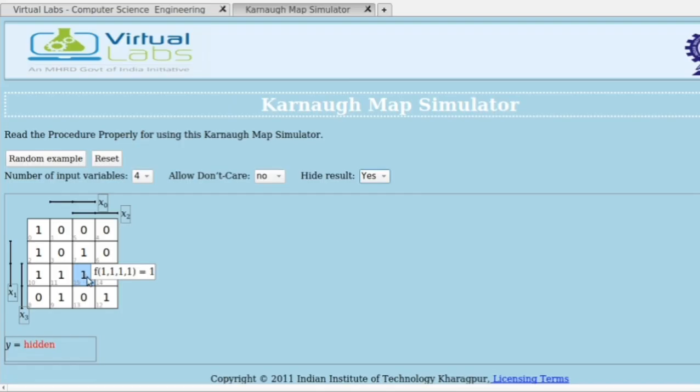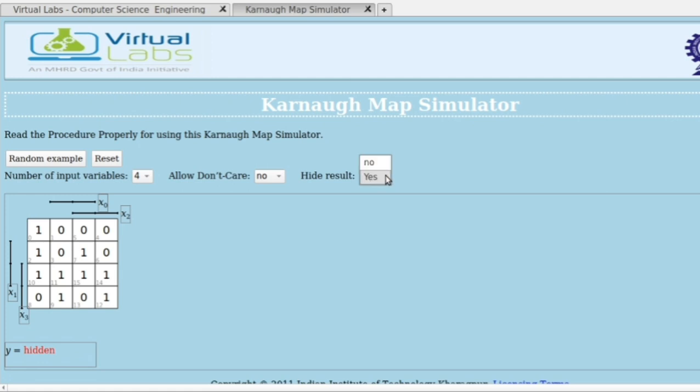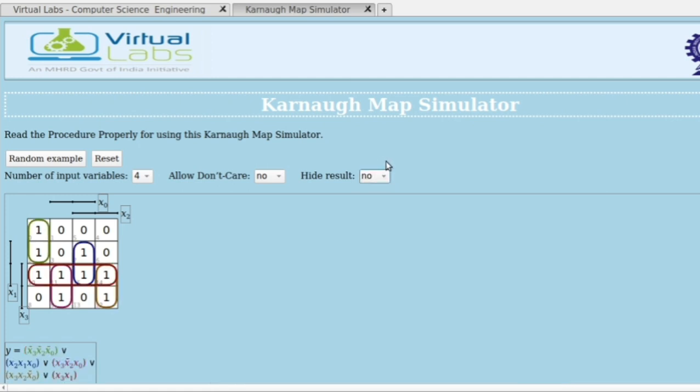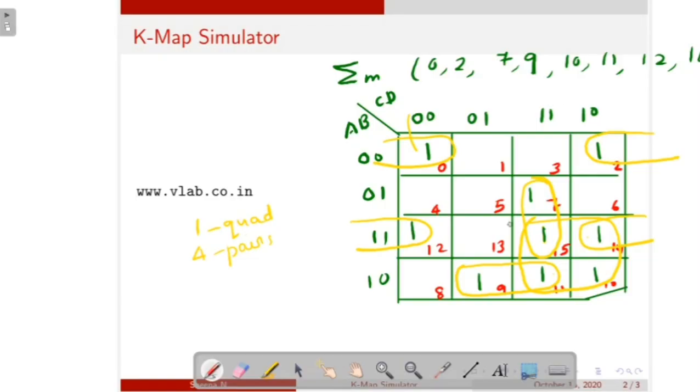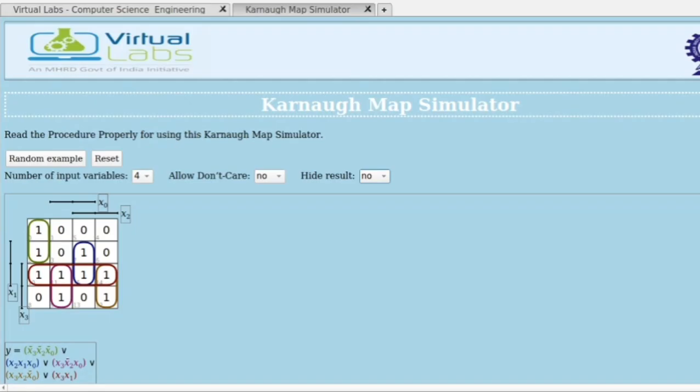Check with your simulator. Here select no, so you can see the grouping. Here one quad, then 4 pairs, then here is the answer. So find the answer of your grouping and check with your answer in the simulator.